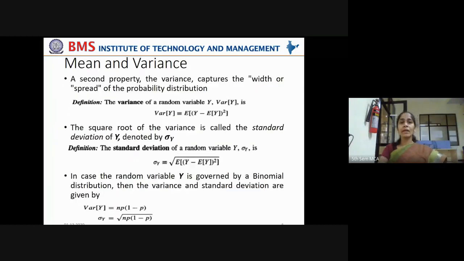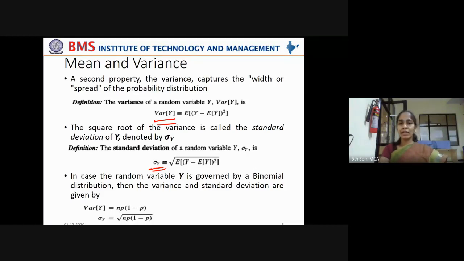Okay. Now the second property, the variance, captures the width or spread of the probability distribution, and it tells us how much difference there is between each data point and the mean. Okay, that is called variance. It tells us about the width or spread of the probability distribution. Then how can you define variance? For variance we write VAR of y, and sigma, it is not for variance, as I said in the previous slide. Sigma is for standard deviation only. Okay, do not get confused. The sigma symbol is for standard deviation, and for variance we use VAR explicitly.